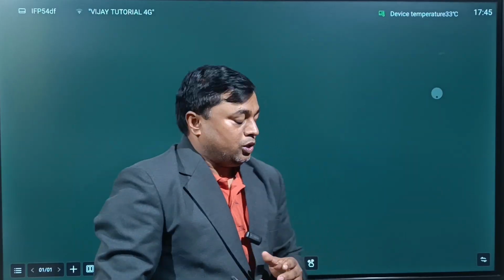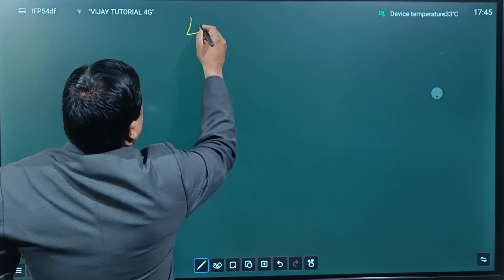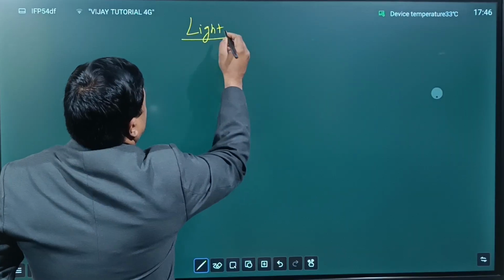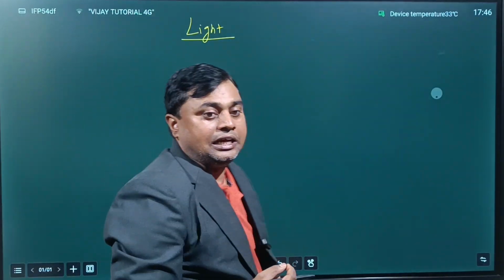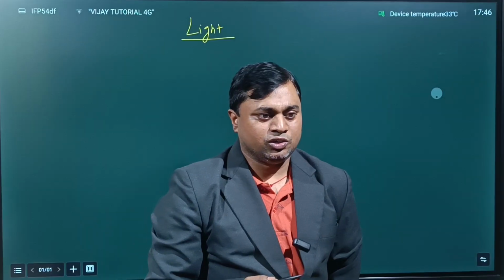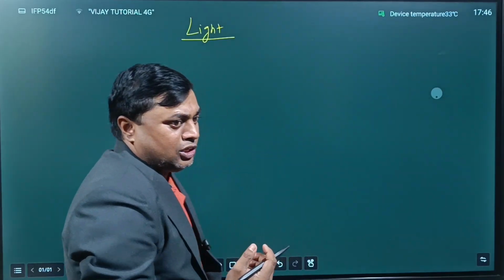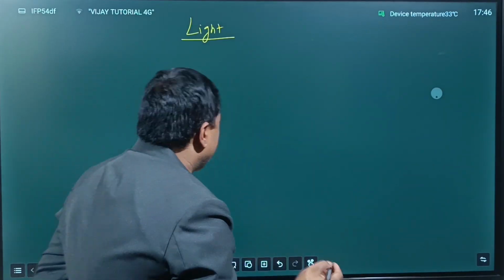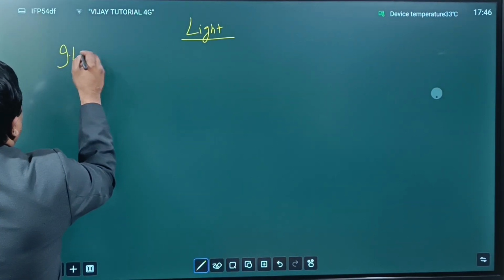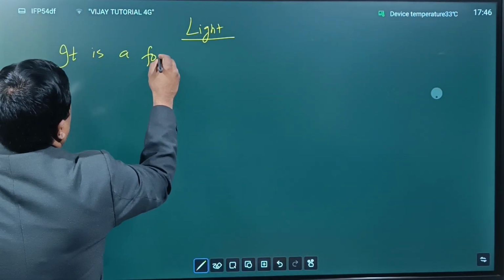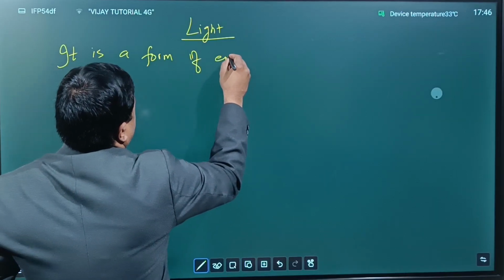Okay, today we are going to learn about light. So let's start. What is light? Light is a form of energy which enables us to see an object. Yes or no? So the definition you can just note down. It is a form of energy